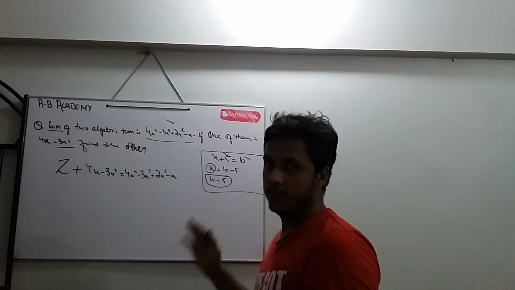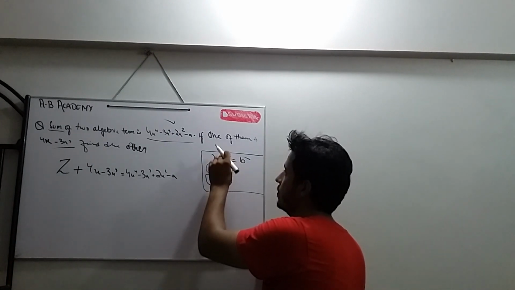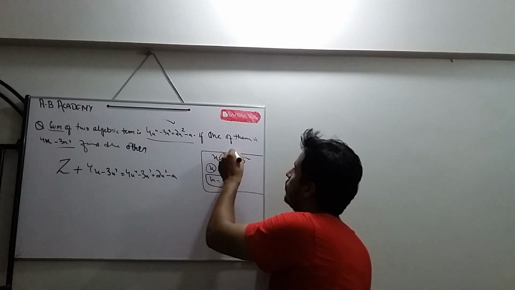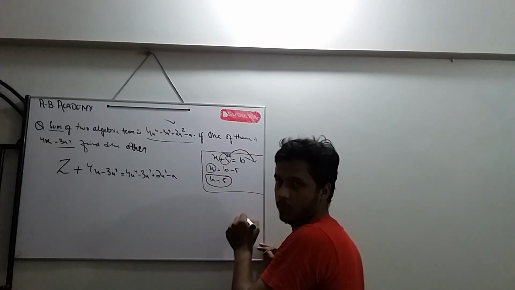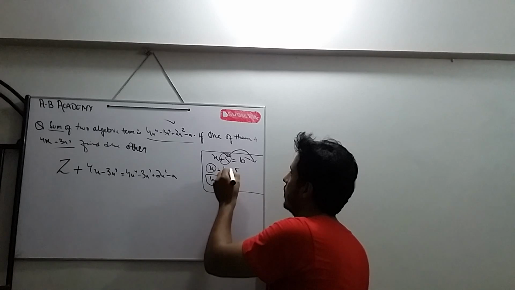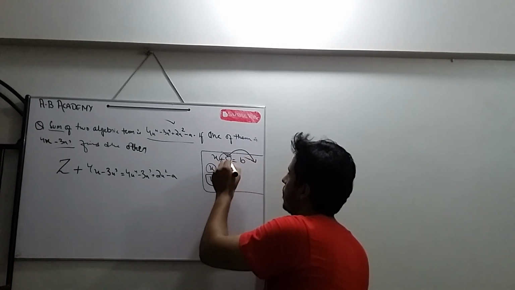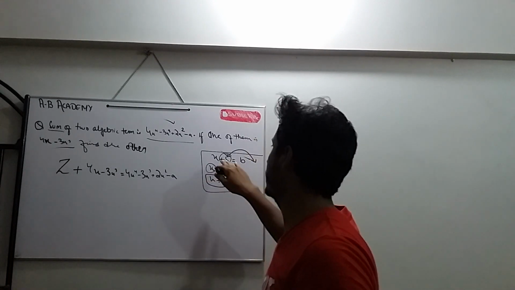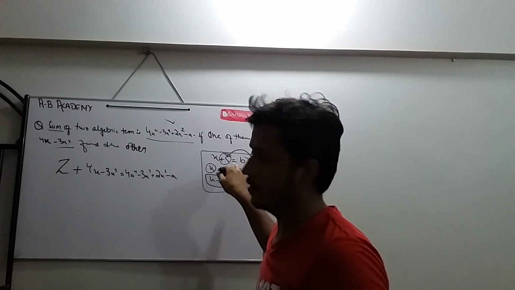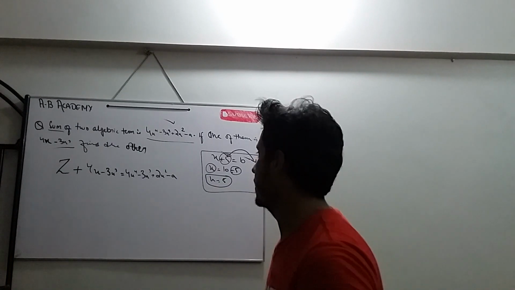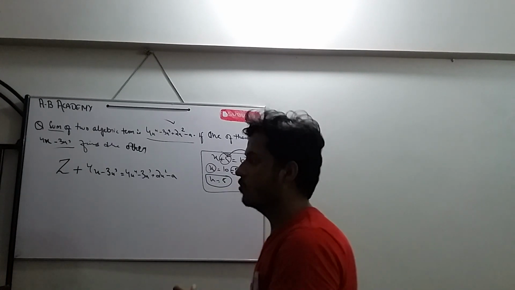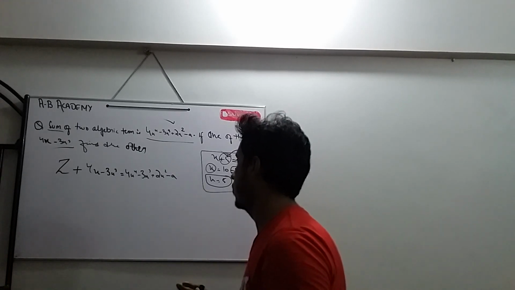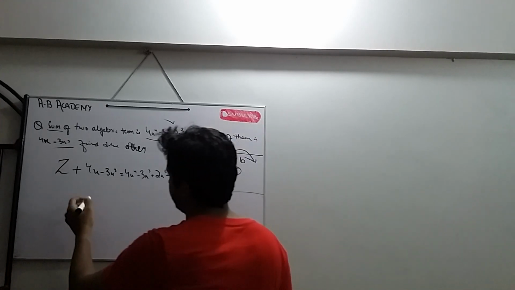What I have done in this example is I took this plus 5 and moved it to the other side of the equation and changed the sign. This is mandatory. If you move one thing to the other side of the equation, you have to change that sign. If it is plus, you will change it into minus. If it is multiply, you will change it into divide and vice versa.